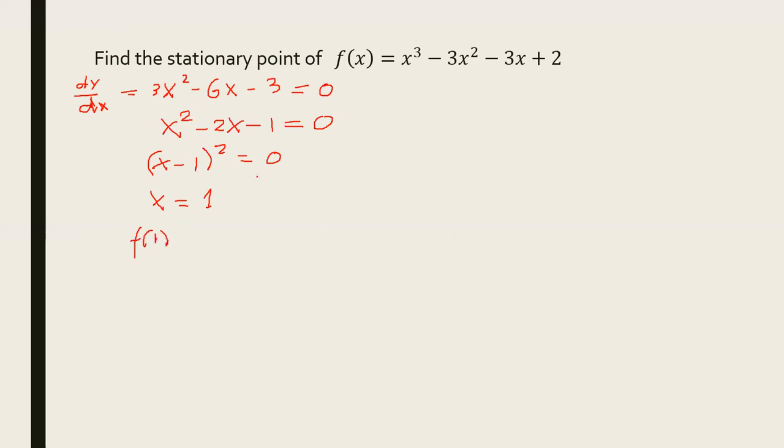f(1). So x changes to 1. We're going to find 1 cubed minus 3 times 1 squared minus 3 times 1 plus 2. And we're going to find 1 minus 3 and then minus 3 plus 2 equals negative 3. Correct, negative 3. Okay, so it means the stationary point